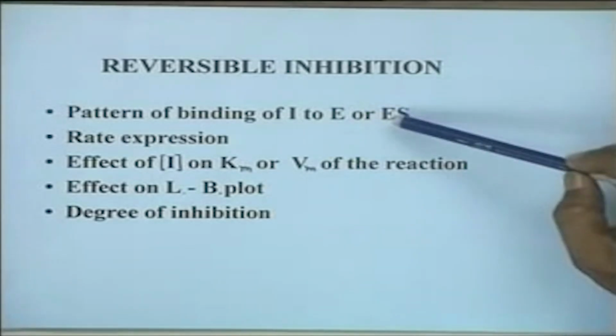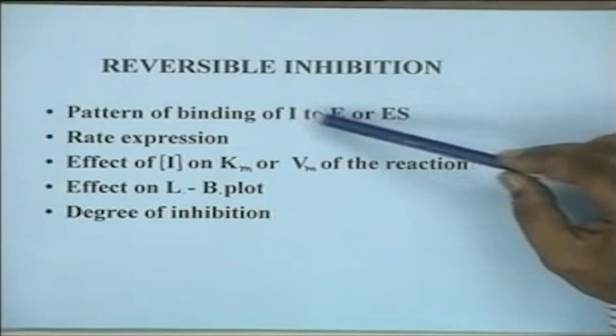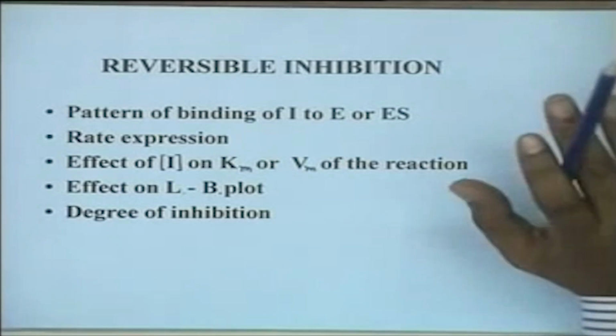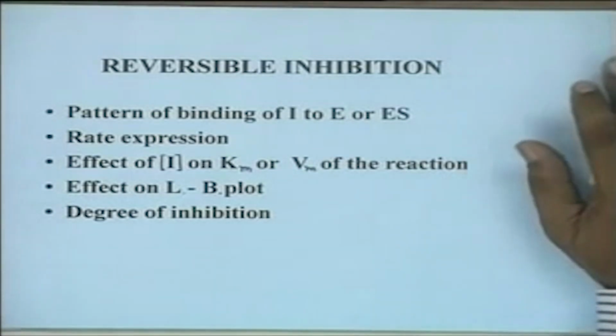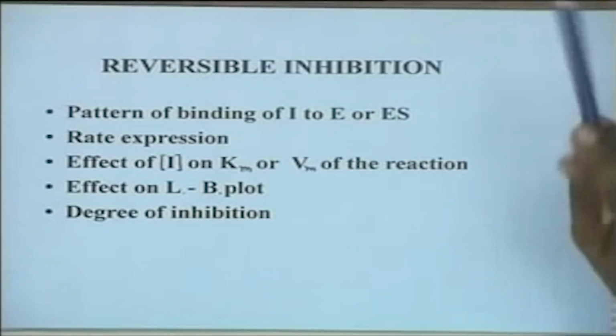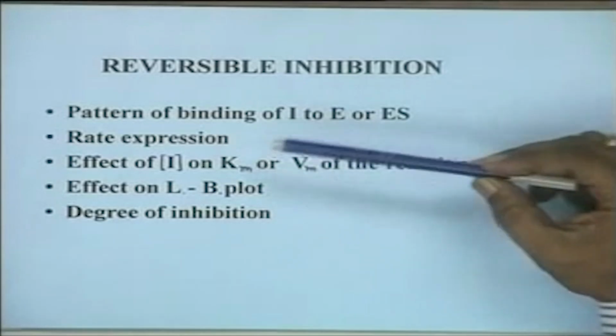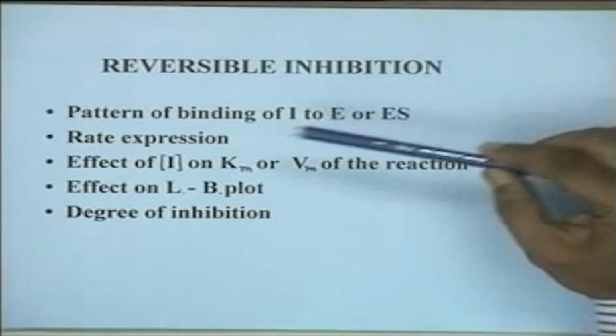Some of the general features which are used to classify them are: one is the pattern of binding of the inhibitor to either the enzyme molecule or the enzyme substrate complex, or in other words it leads to specific mechanistic steps which are involved in the inhibitory effect. That means the enzyme reaction rate is modified, reduced rather, to a new state in the presence of those inhibitor molecules. Based on that mechanism, a rate expression is evolved, which also has characteristic features